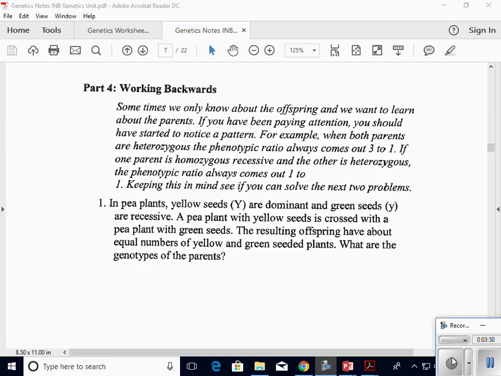Can anybody think of what we did yesterday to explain the physical appearance? Brown or blue eyes. It's what we actually see in the people. So we know that if both parents are heterozygous, the phenotypic ratio is 3:1. If one parent is homozygous recessive and the other parent is heterozygous, then the phenotypic ratio comes out to 1:1. So what we're going to do here, ladies and gentlemen, is we are going to work